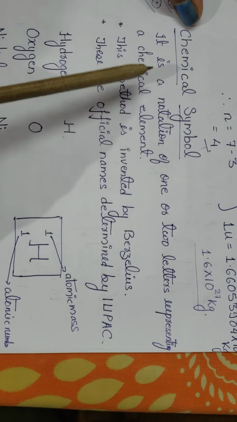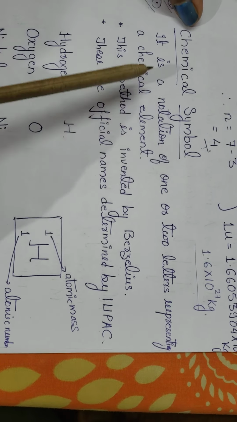Now when you consider molecules, there is a term called atomicity. What is atomicity? Atomicity is the number of atoms present in one molecule of an element. How many atoms are present? In the case of hydrogen, when we say hydrogen atom, only one atom. But when we say molecule, there are 2 atoms. When we say helium, it has 1 atom.